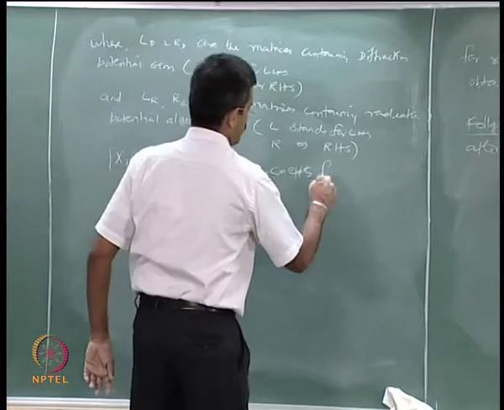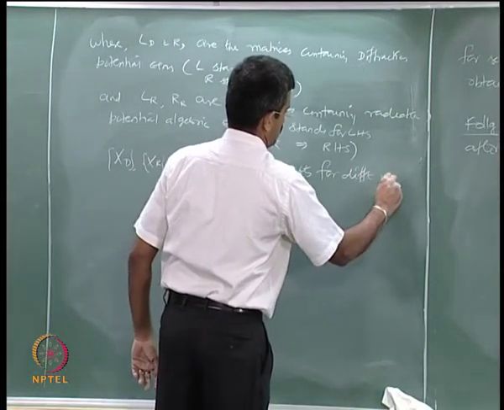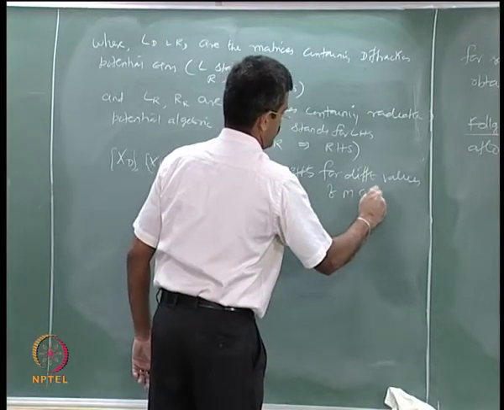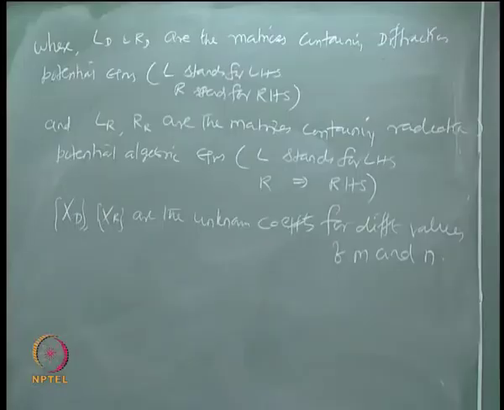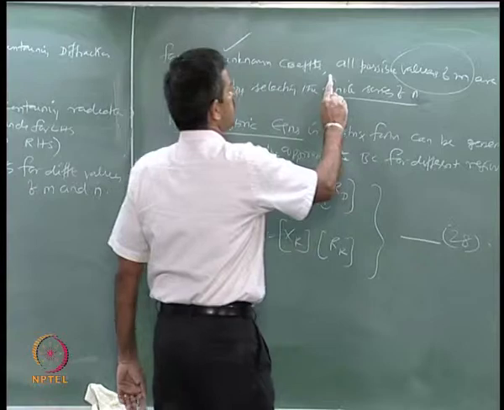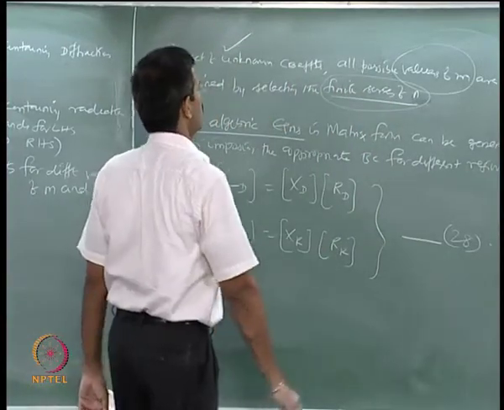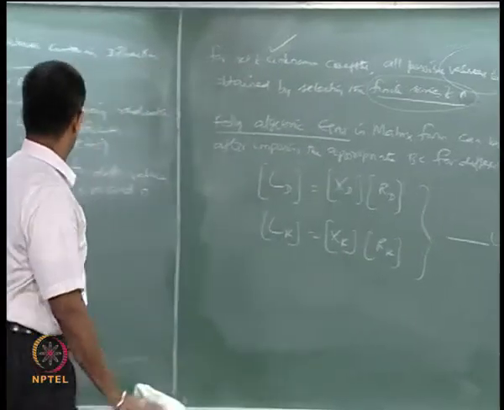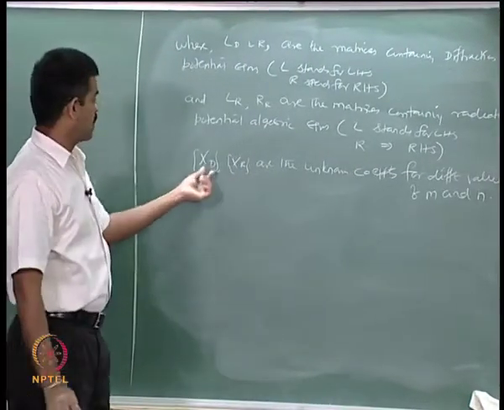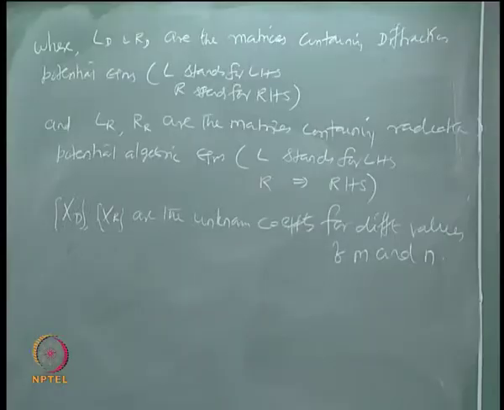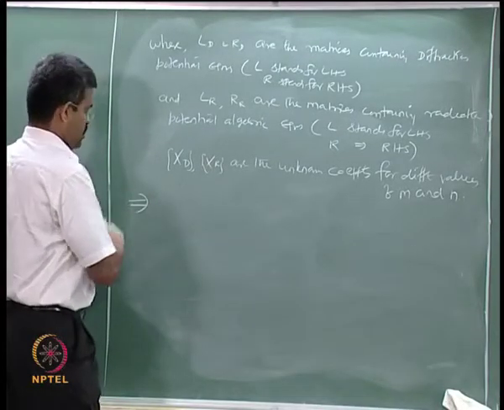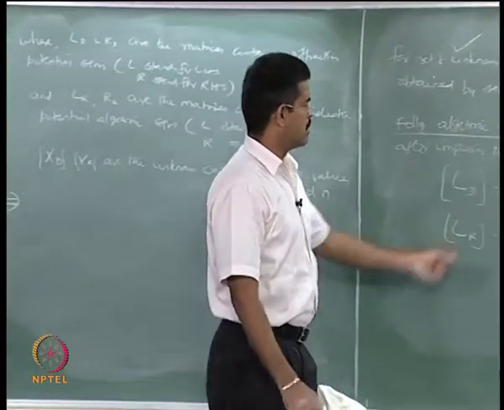For different values of m and n, because you have got a finite series of n in this equation and possible values of modes in this problem, you will get different sets of values for diffraction and radiation separately. So, one will now be able to find out, after solving these algebraic equations, it is nothing but